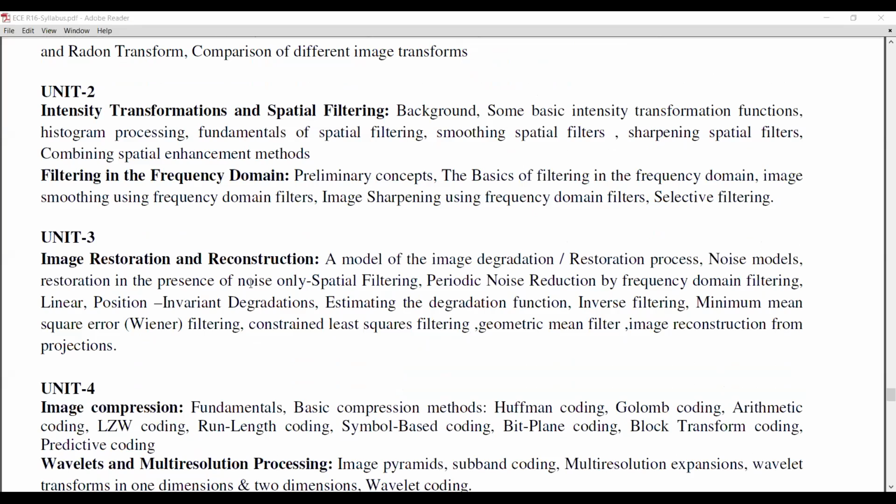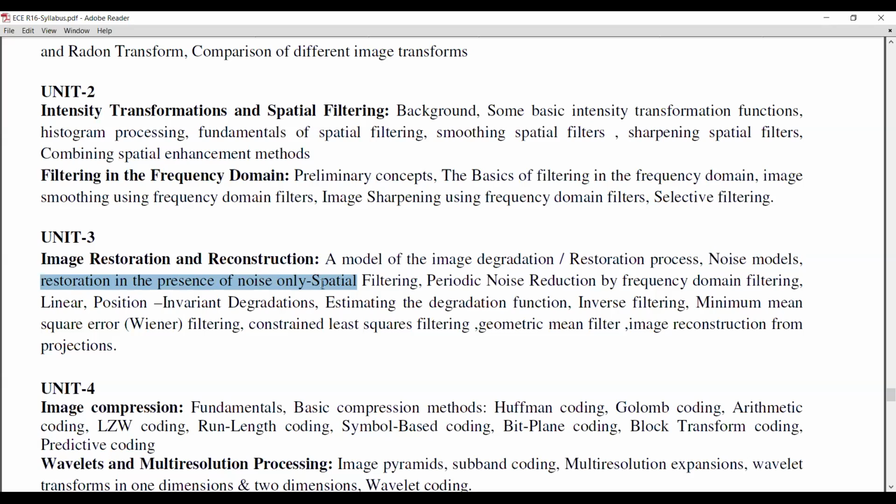In the third unit, we have image restoration and reconstruction. Under this unit, we are going to learn about a model of the image degradation and restoration process. With this model, we will come to know how to restore an image which is degraded because of different types of noises. So we are going to learn about noise models. Noise models means we are defining the mathematical formulas for the noise. So we are modeling the different types of noises mathematically by the noise models,